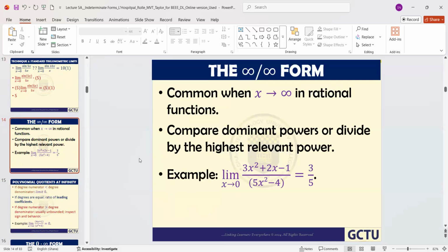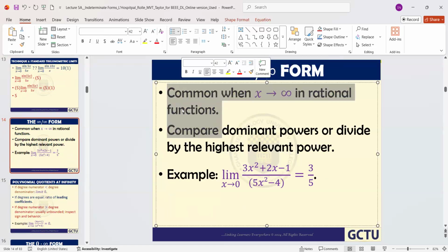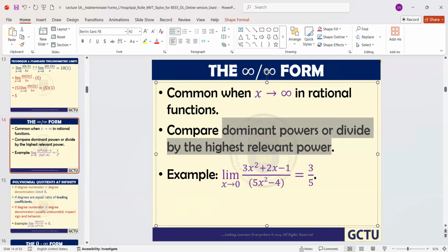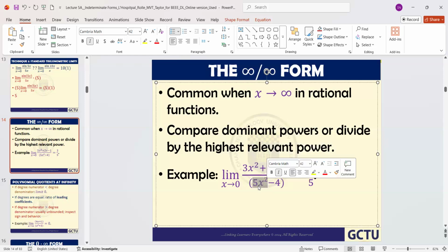Okay, now we want to interrogate the other forms of indeterminate. So we've seen some types. First of all, we've seen 0 over 0. So let's say infinity over infinity. Now, when you have x approaching infinity in a rational function, that is a numerator and a denominator, compare the dominant powers or divide by the highest relevant power. So for example, this one, you see that the dominant power here is x squared, and that of the numerator is also x squared. So obviously, if we look at the rules, the answer will be the coefficient of